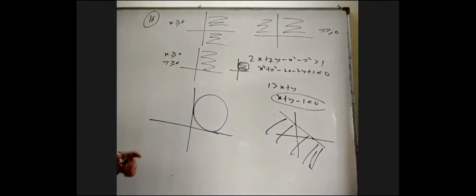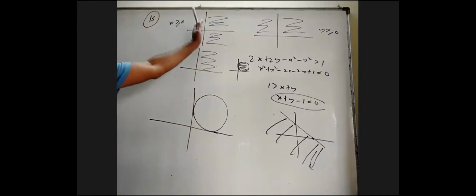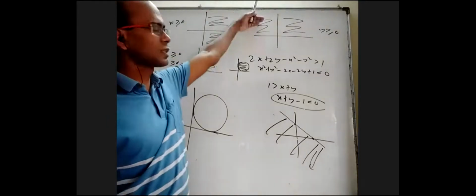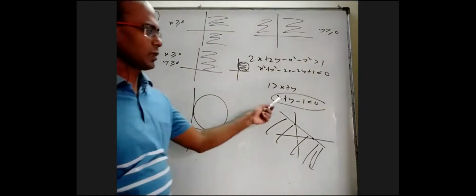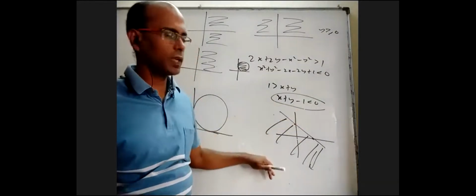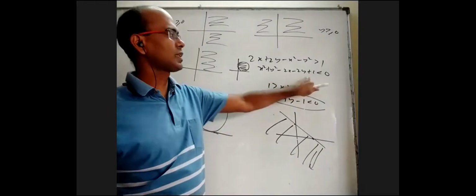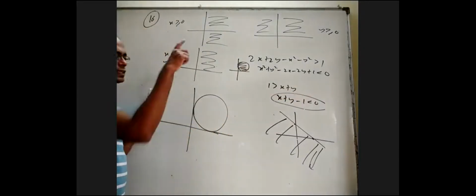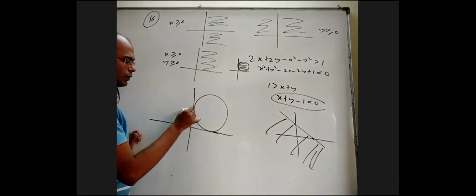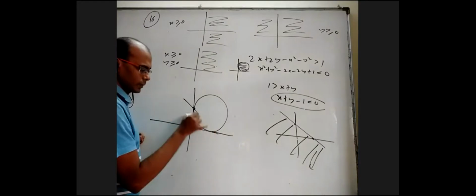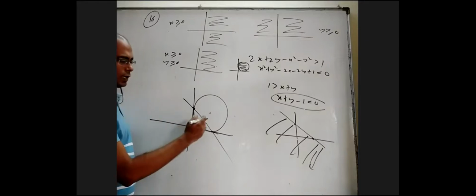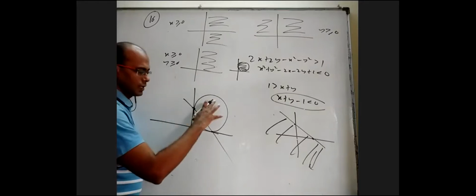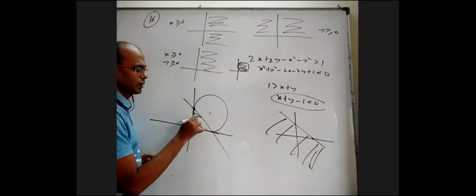So we have 4 inequalities. X greater than or equal to 0 is this half plane, y greater than or equal to 0 is this half plane. And if you take both, it's the first quadrant. X plus y minus 1 less than 0 is this side of the line. And this less than 0 is inside this circle. I have to take the intersection of all of them. When I draw that line exactly, this is at 1 comma 0, this is 0 comma 1, and this is 1 comma 1. I want below this line, inside the disk, and in the first quadrant. So finally, it is this region.